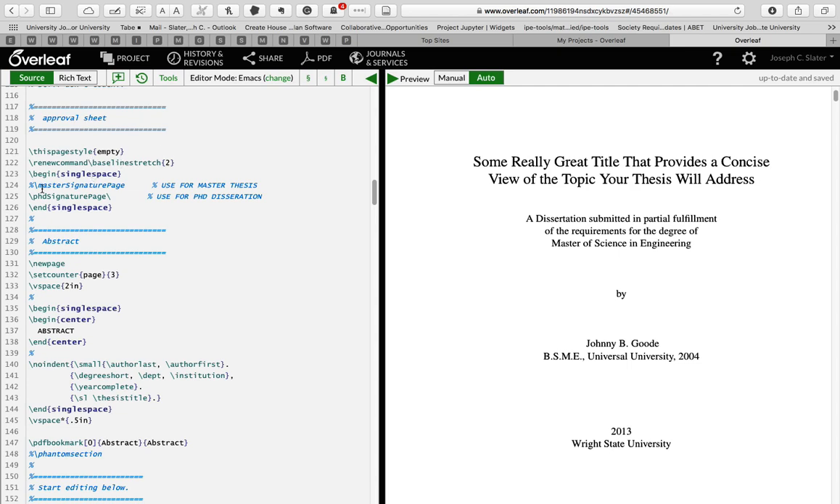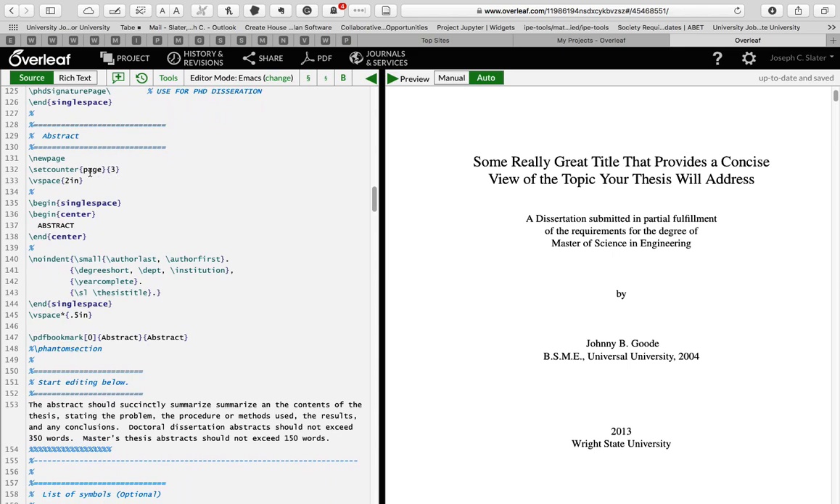Let's see. There's an approval sheet. Again, it creates the signature page. Abstract. You can kind of ignore all of this yet again. You're not going to be touching much of this. If you read it and you don't understand it, ignore it here. Begin, center, abstract. Now, one of the things you can do here